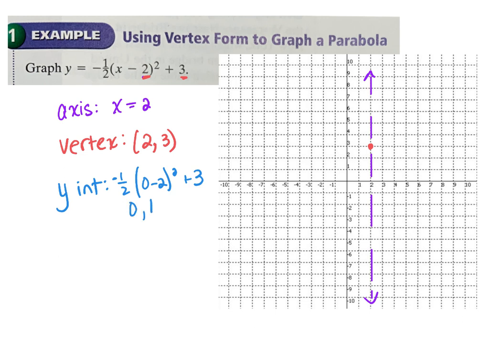So I do have to calculate this one. But other than that, the hardest piece is finding your y-intercept. And then just graph it. All right. So axis and vertex are just handed to you with your h and your k. For the y-intercept, you just plug it in and do order of operations. Okay, make sense? All right, so go ahead and